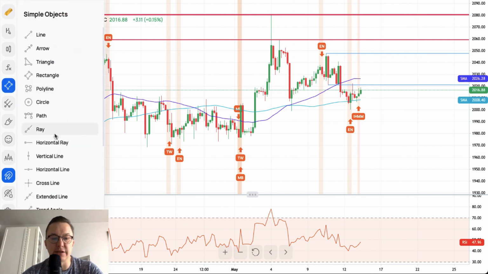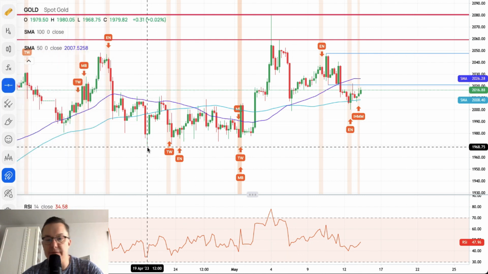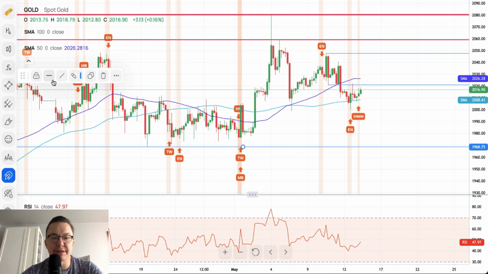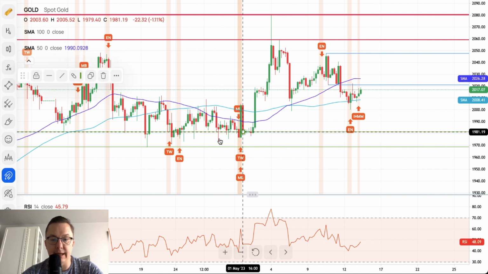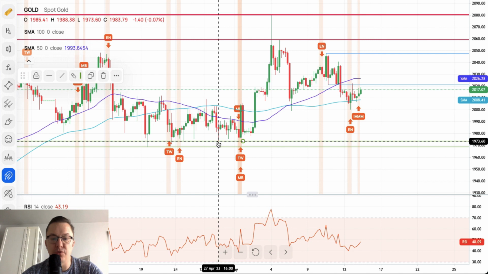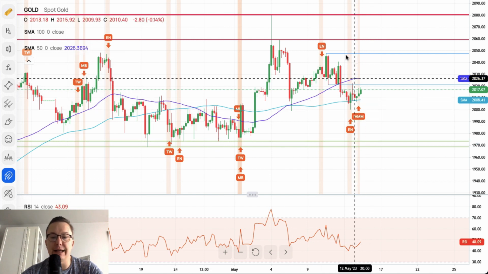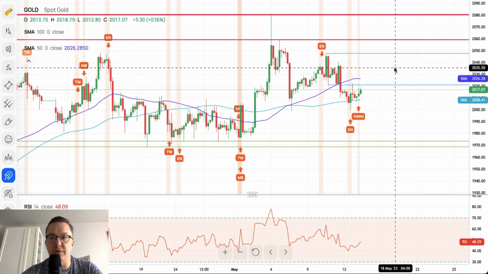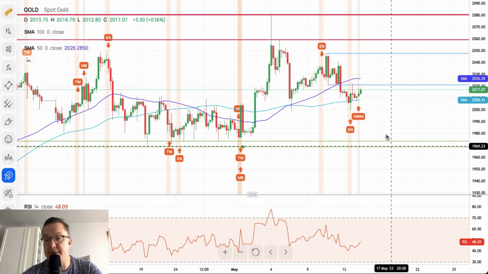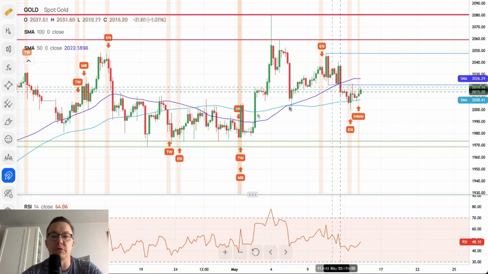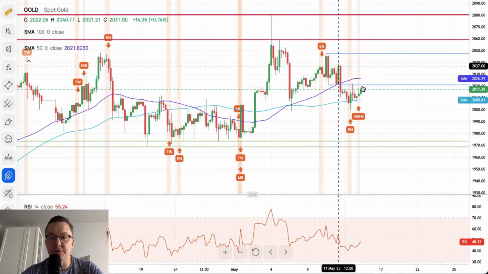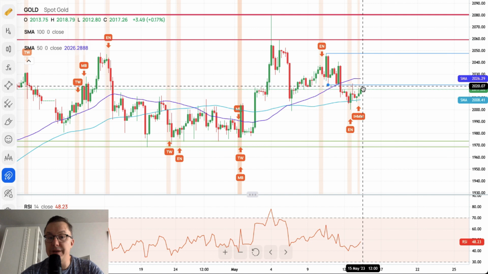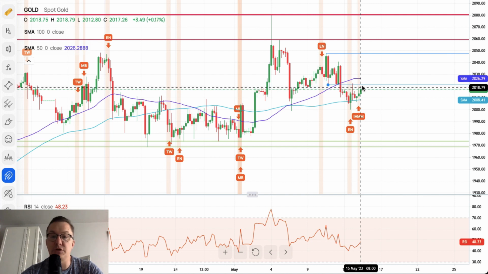The key technical support is located around 2069, and there is one more level at least around 2073. So as long as we trade in that very narrow zone, I mean, this is like almost $100, so maybe not that very narrow. Nevertheless, it is a narrow zone. The outlook remains bullish.